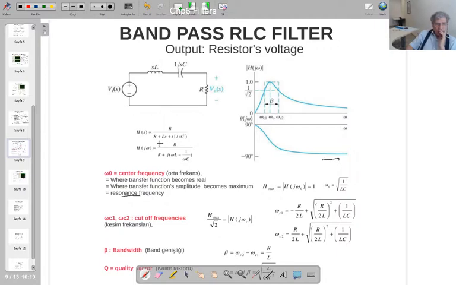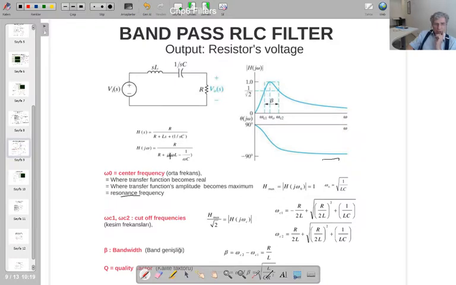So if you replace S with J omega, the magnitude of this transfer function is changing like that, and the angle of that transfer function is changing like that. Now you see this is second order. So if you look here, the central frequency says